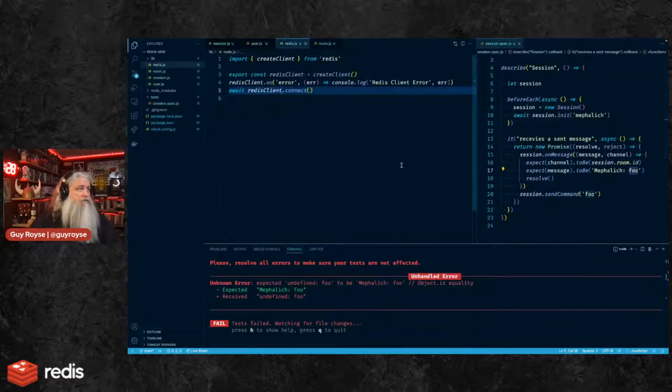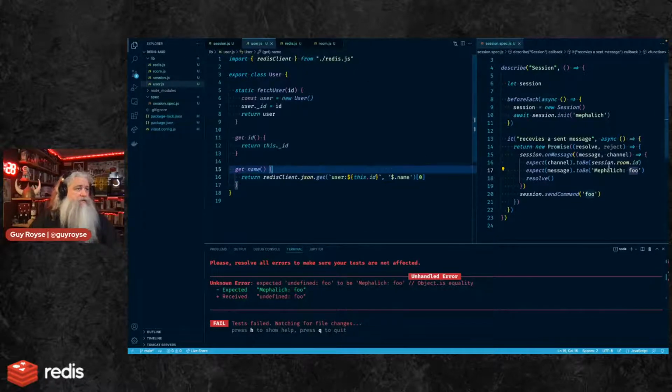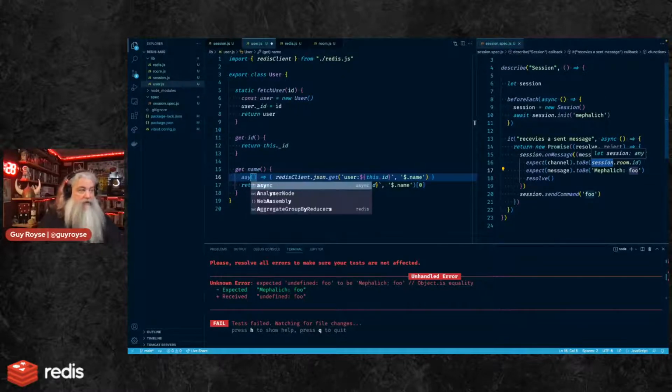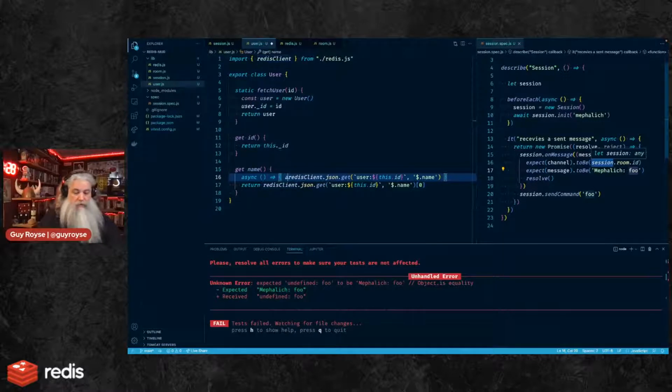And so what I need to do instead is maybe just have an await, little arrow function or something. This is clunky. I can have a little async arrow function here. Await the results of that. Does that work? I don't know if that'll work or not.